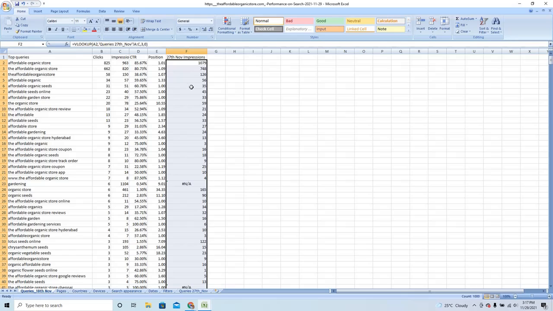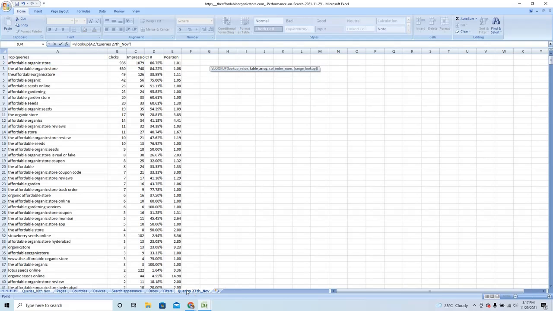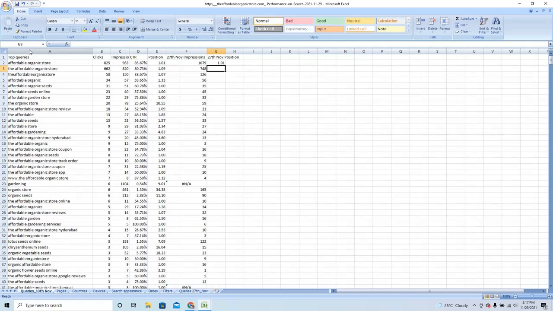Once you identify the keywords for which the impressions have fallen, the next thing that you have to check is position, whether that has happened because of the position change of our keyword. There are two reasons for which the number of impressions can fall. One, that people are no longer searching for those keywords at all, so you are not appearing in those search results. And the other is that your ranking has fallen for that keyword.